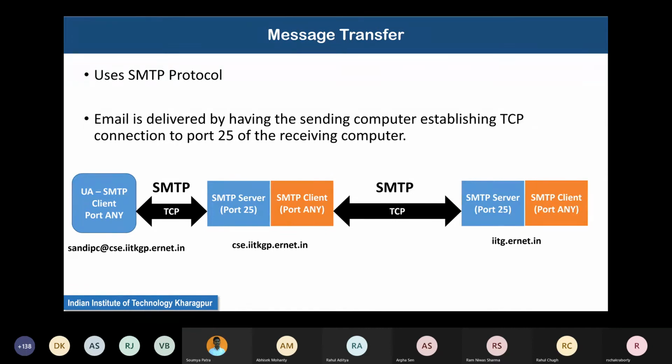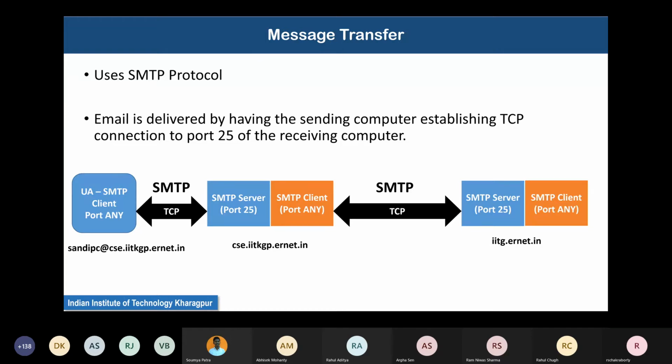Then the same mail transfer computer possibly acts as a client, and it sets up a connection with the receiving server, again an SMTP server running at port 25, and again sets up a TCP connection and uses SMTP to transfer the email.